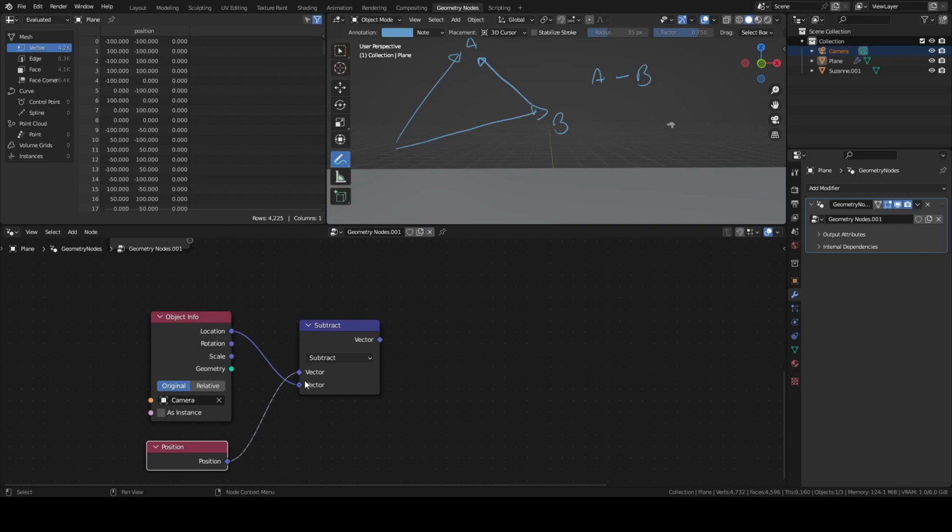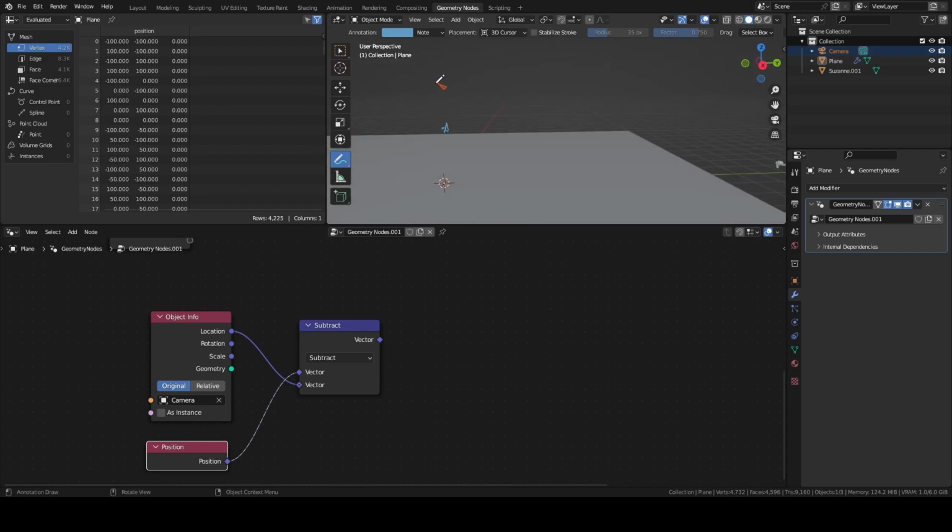So what I'm doing here is to compute a vector which is going from the camera here to any point on the surface which is getting evaluated. So for example, if I'm computing this point P to check if I have to put a monkey head here, this vector will be a vector going from the camera toward P. And this is true for any point on the surface.